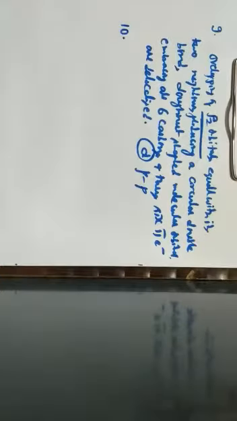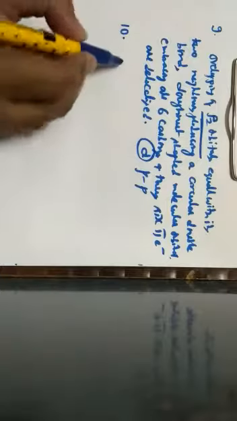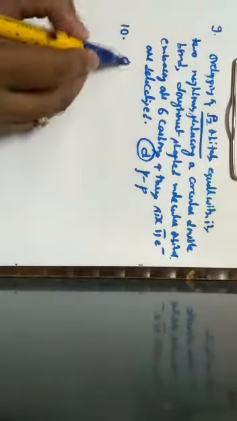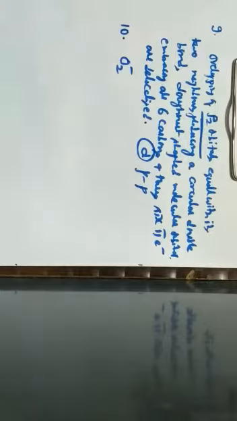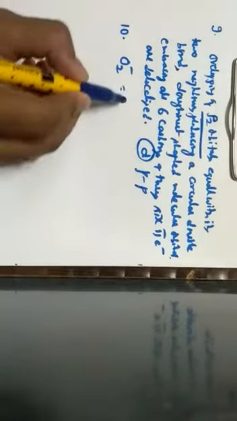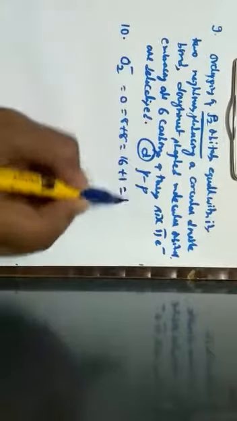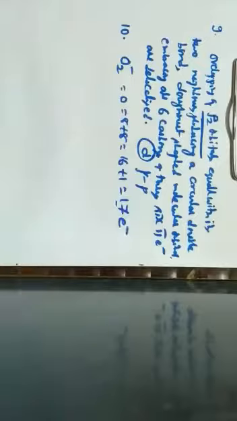So question number 10. The calculated bond order of superoxide ion is, so superoxide ion, they have mentioned it as O2 minus. So you know the electronic configuration of O2 minus. Actually oxygen atomic number is how much? 8. So 8 plus 8, that is 16. Minus means addition of one more electron. Total how many electrons are there?